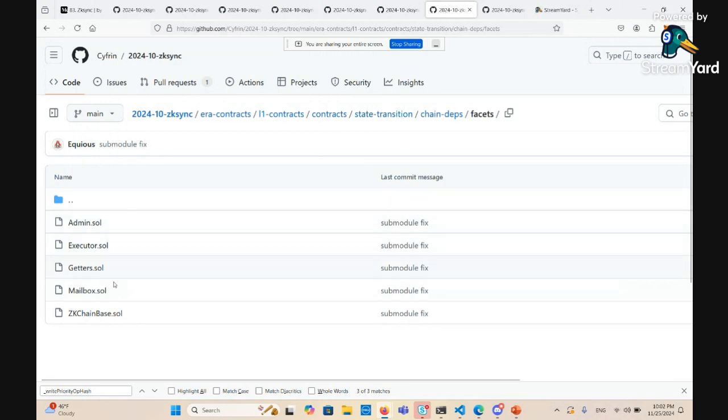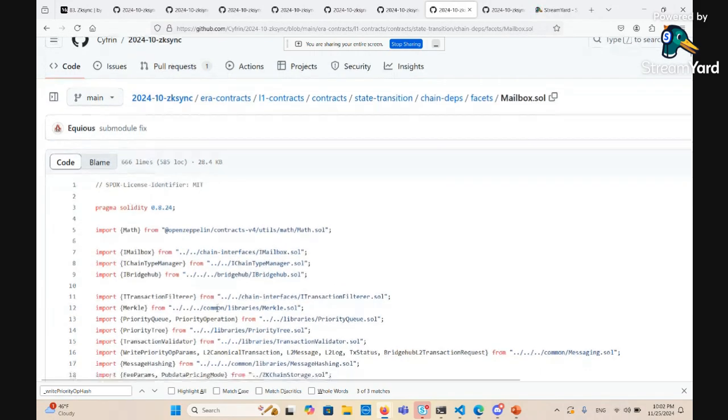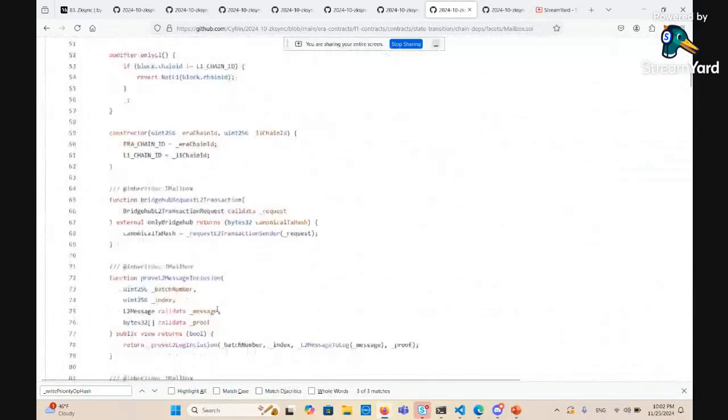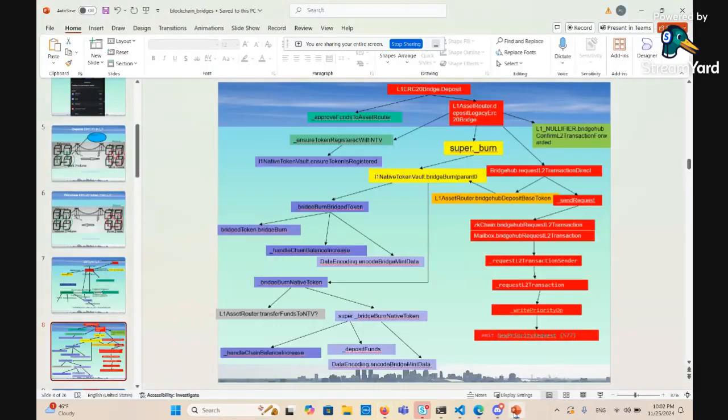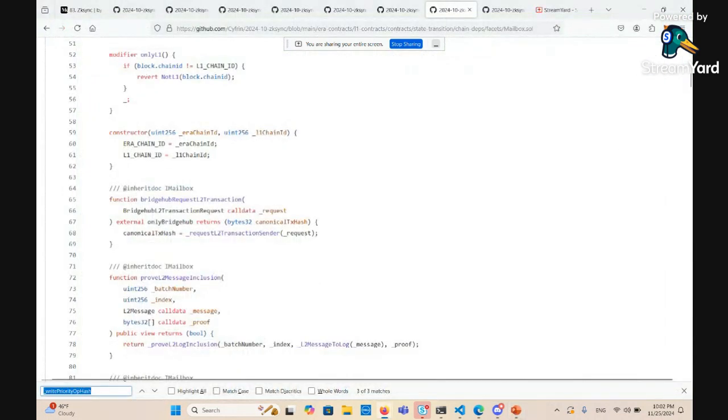All of these contracts are going to run on the same context, which is the context of the diamond proxy. So in this example, we only look at this facet called mailbox facet. And over here, the most important function is bridge hub request L2 transaction. So this name